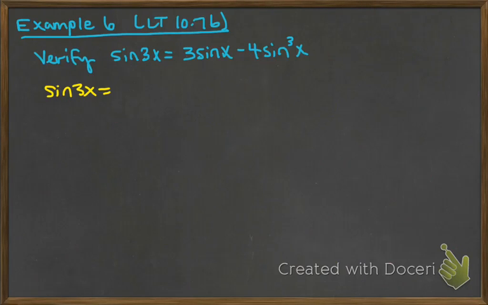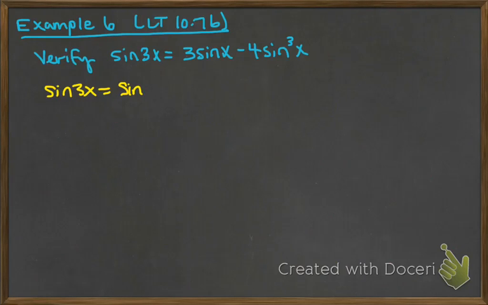Both sides are probably equally hard or complicated. With the sine of 3x, I can think of a couple places to go with it, so that's why I'm going to start with that side. But if, looking at the right side, you say, oh, I can think of a place to start, then go ahead and start with that right side. But like I said, I'm going to start with the left side